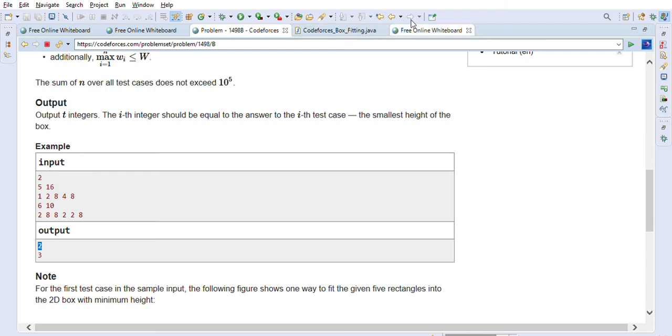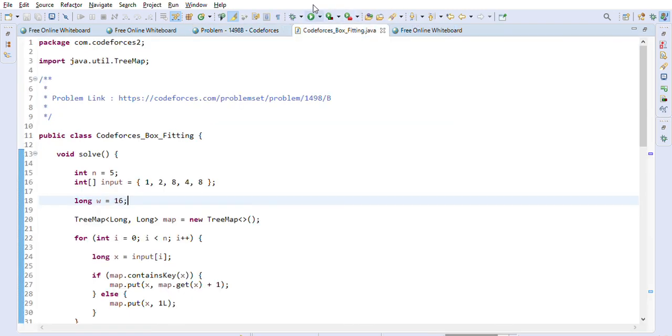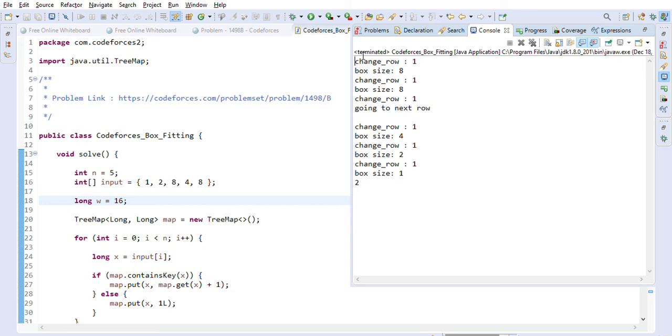And as you can see from the output of this debug trace code, again we are picking the maximum size 8, and again we are picking two 8 size boxes, because the total width is 16, so 8 we put. After that, in the next row we are putting the leftovers. In that also we are picking the maximum, like 4 then 2 then 1.